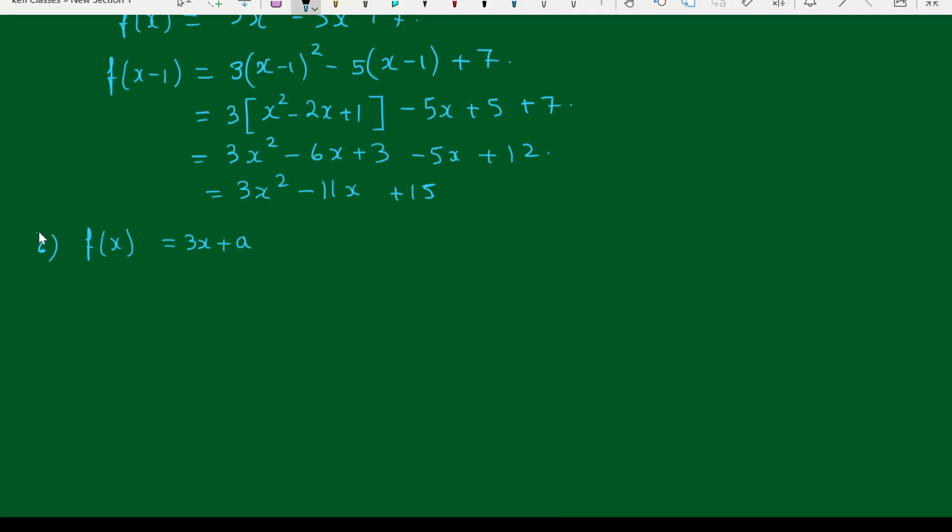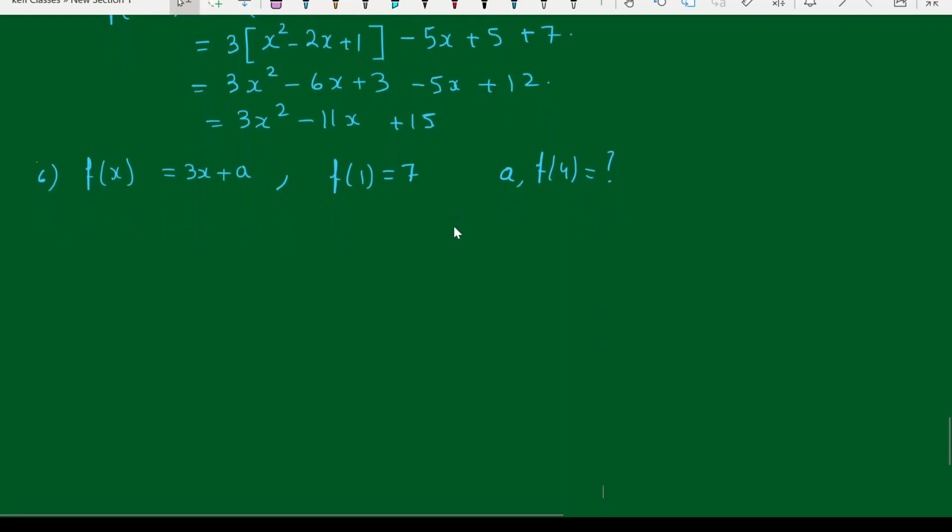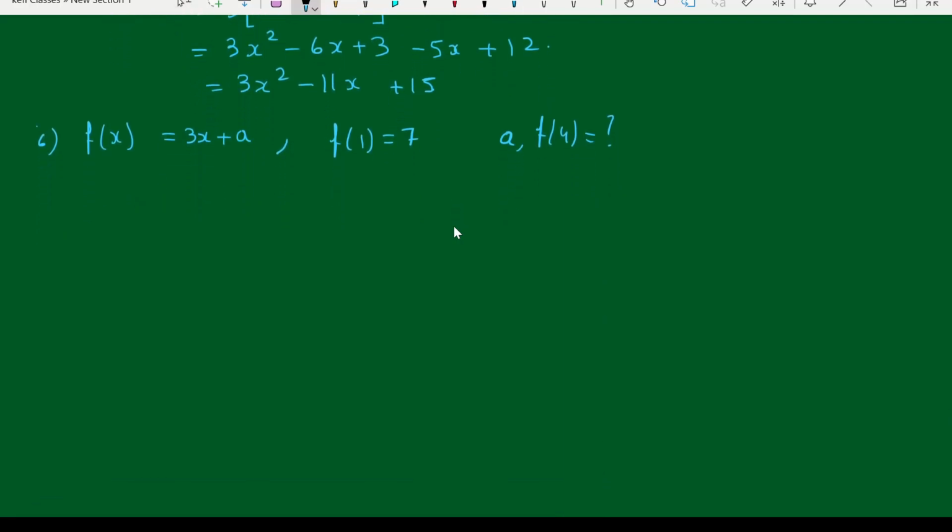F of 1 is 7. You have to find a and f of 4. ये दो चीज ढूंढना है. So solution,